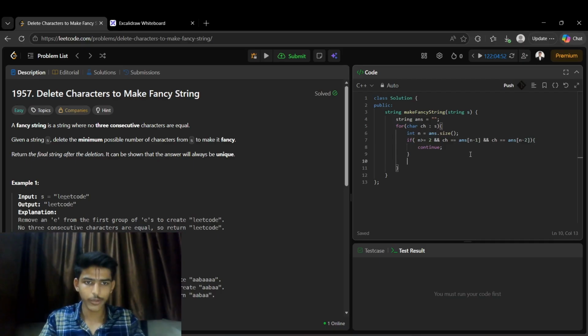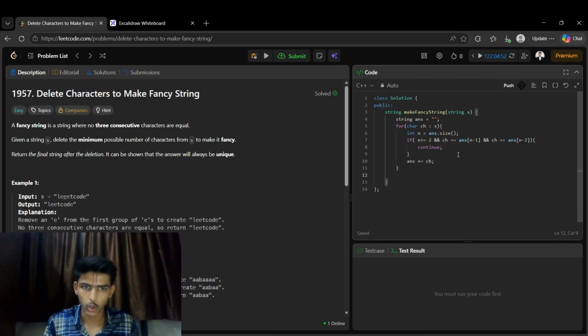Okay, I hope you have understood what I'm trying to say. So if this if condition is not running, we will just add that character to the answer string. So let's just add that character to the answer string. Simple. This way, at the end of the complete loop, we will have an answer string completely built from scratch